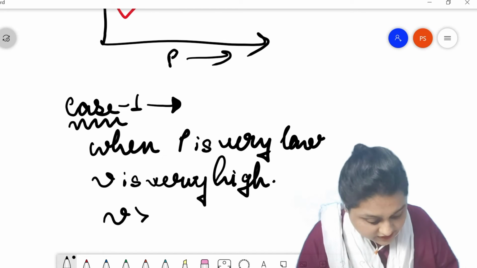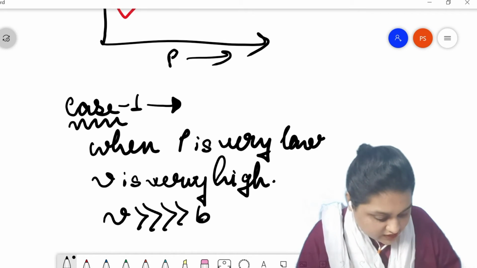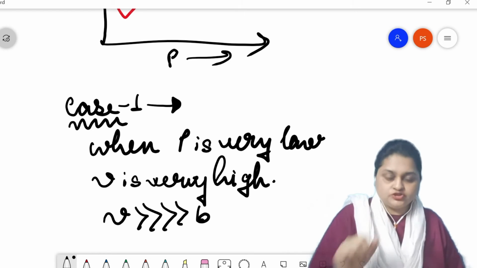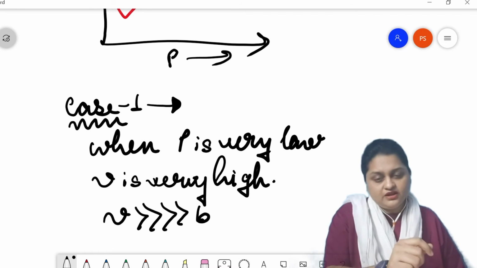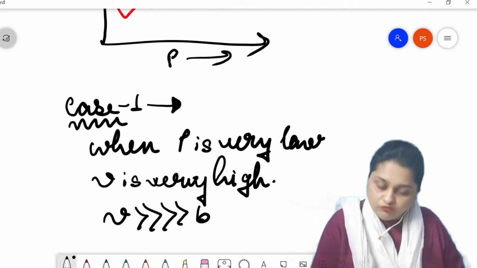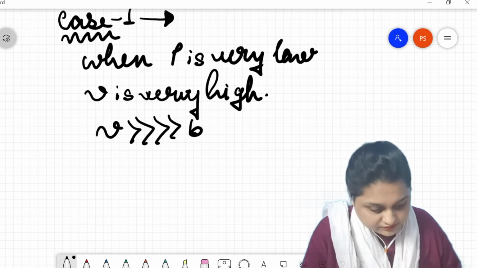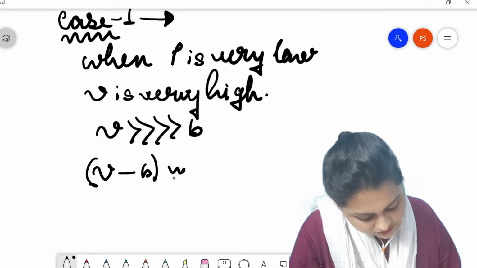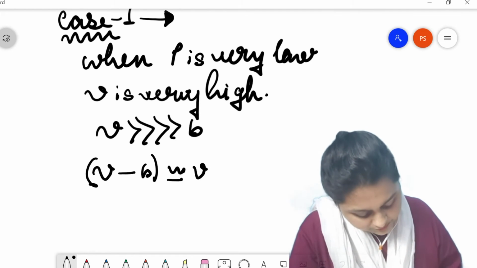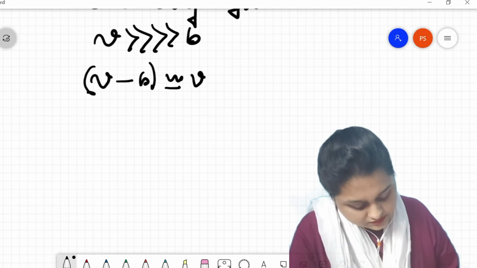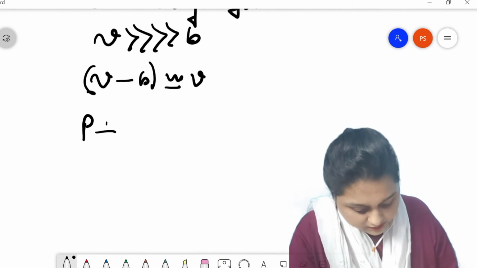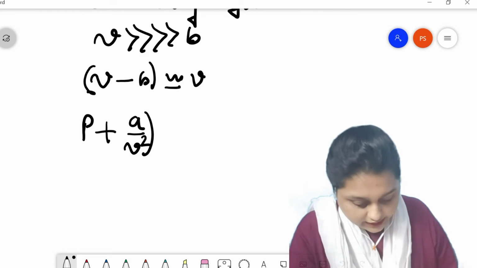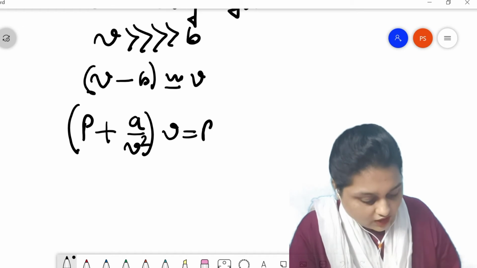As volume is very high, the magnitude of volume will be very high compared to the magnitude of B, the pressure correction factor. The magnitude of the pressure correction factor will become negligible compared to the magnitude of the volume. This will result in V minus B being almost equal to V. So the van der Waals equation will be modified to P plus A by V square whole into V equals to RT,